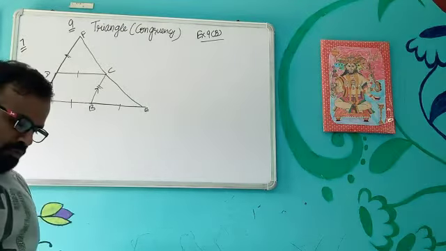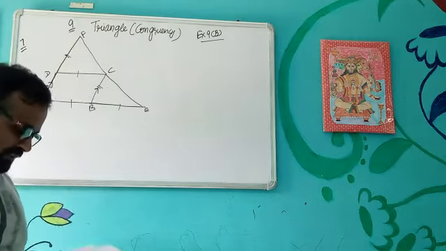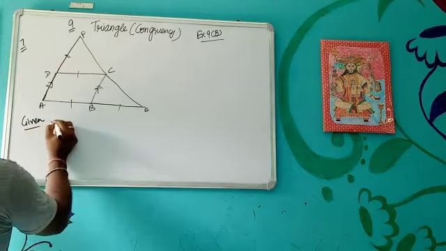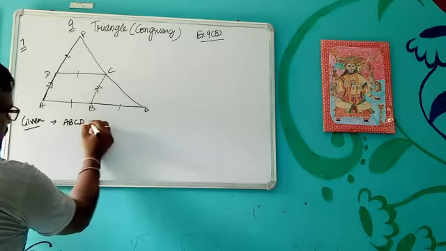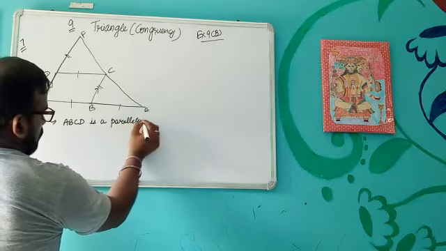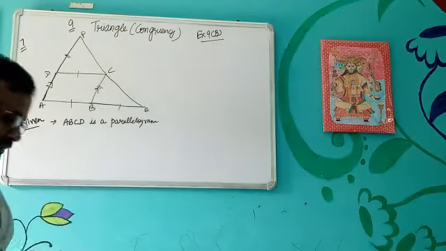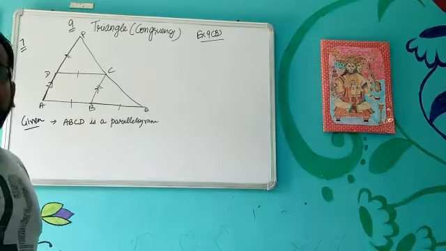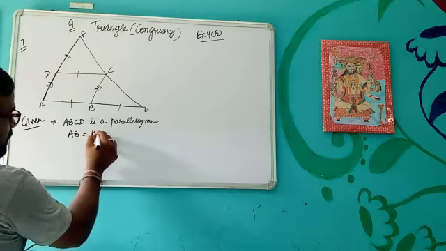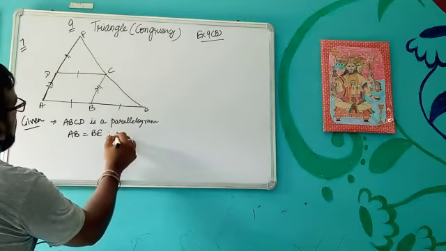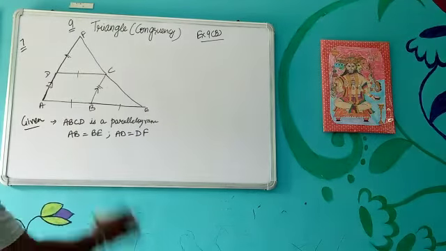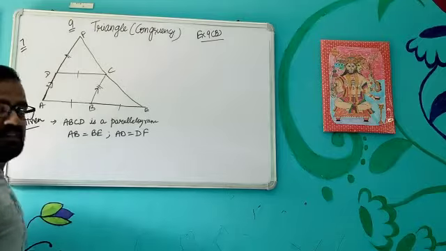Okay, let's discuss one more question in which we have to make the figure. So again, what is given in this? We will write given ABCD is a parallelogram. Then what else is given? AB and AD are produced to E and F such that AB equal to BE and AD equal to DF. One more thing is given, ABE and ADF are straight lines.